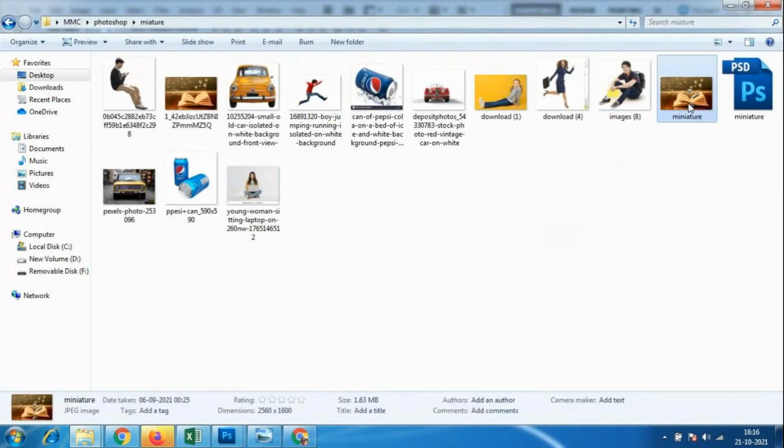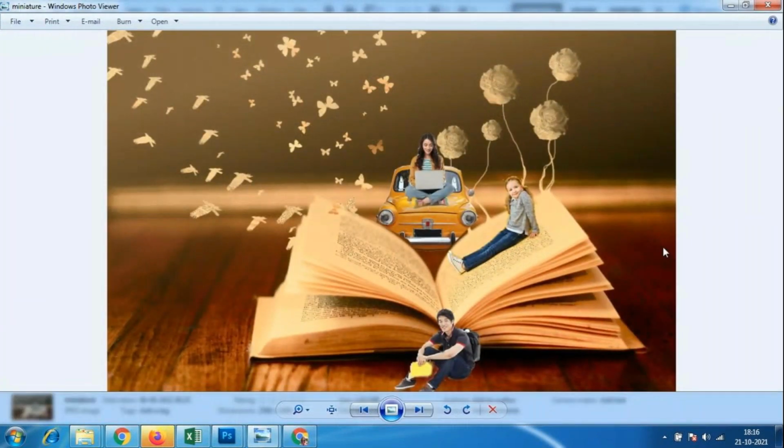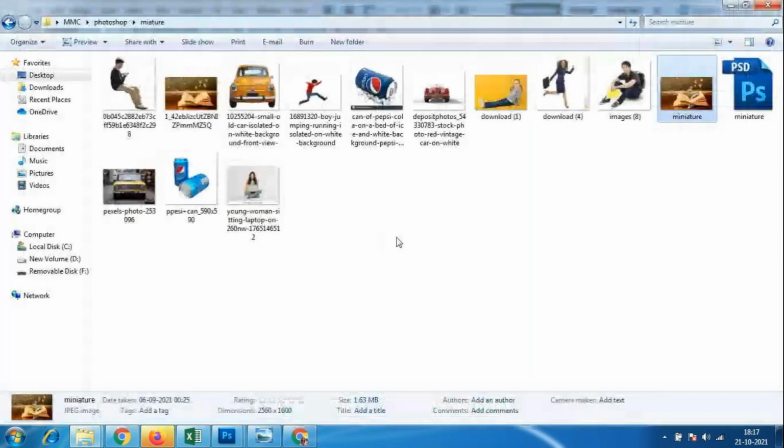So we have combined so many images here. Many things we can do. We can place many people over here, and we can make the sea, and place the rocks and all. Again, it will become collage work. So there's no need to place any bigger things over here. I want to make everybody look so small, so that's why I have placed only these things. Please, you people have to try all these things, miniature things and all.